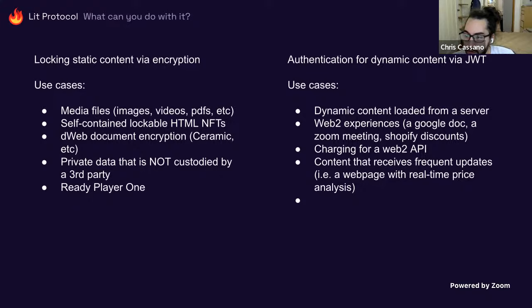So yes, for dynamic content, I think you would probably want to use the JWT, which is the other thing you can get from the protocol. Generally in our docs, we refer to the encryption use cases as static content and the authentication and JWT cases as dynamic content. And with respect to streaming videos, we do have a Cloudflare integration you can use